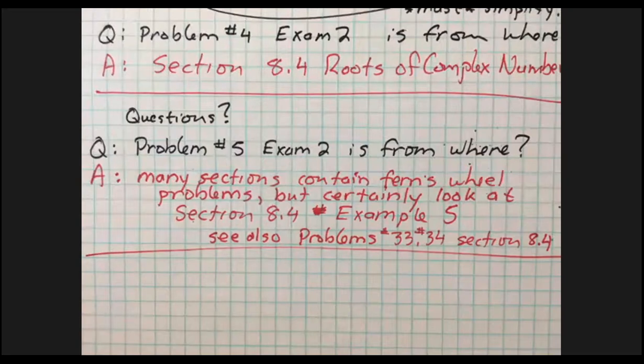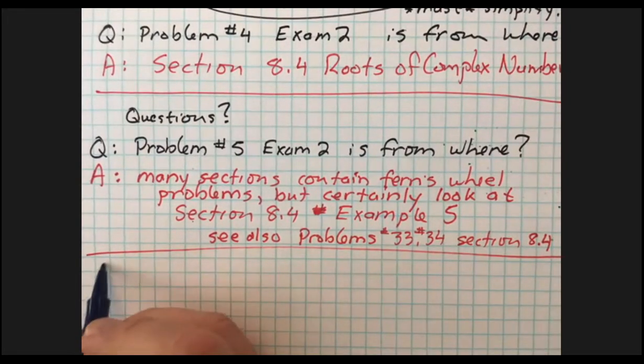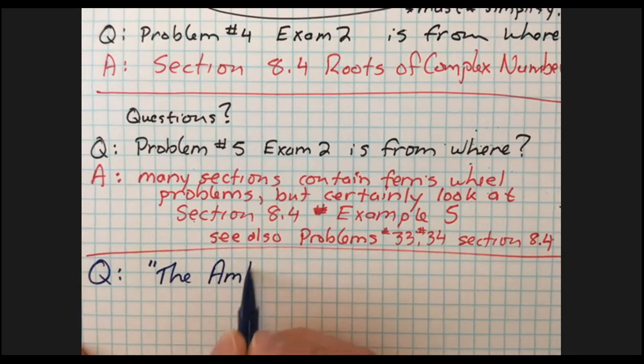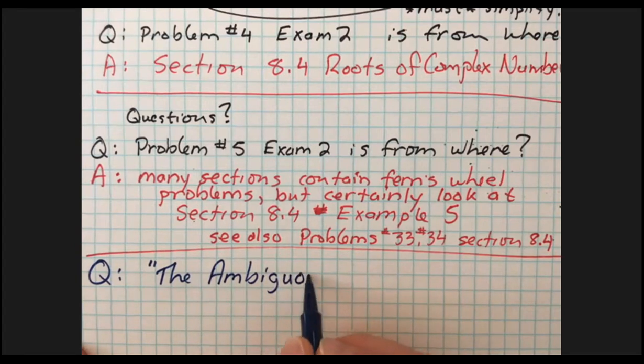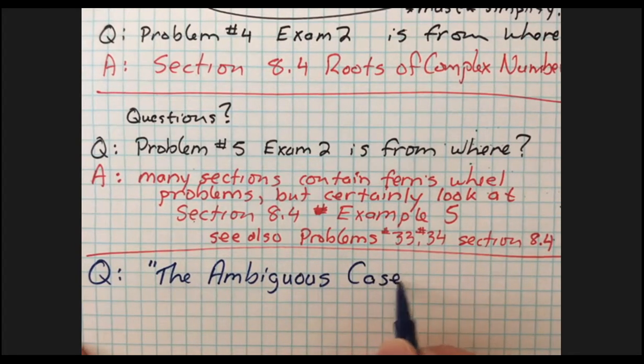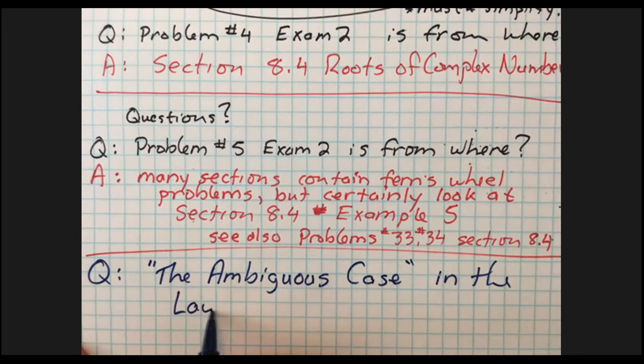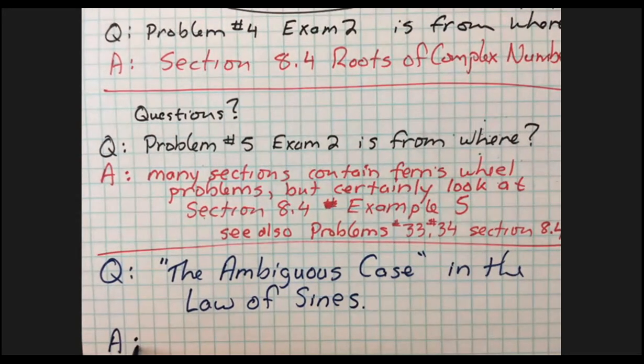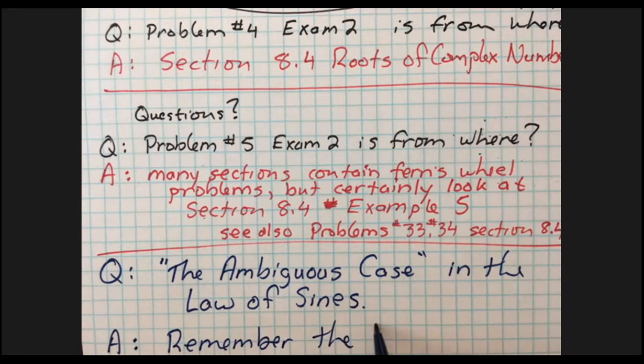We'll pull up problem 3 in a second, but Trevor, in a sense, is asking about what the book calls, what people often call, the ambiguous case in the law of sines. And my suggestion to you is